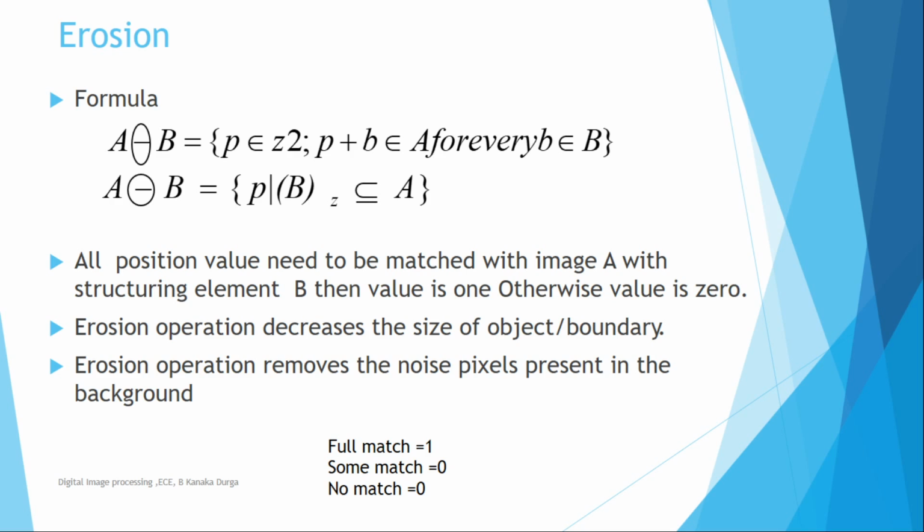So if I apply these operations combined, one after another on the object, it can increase or decrease the size as needed. Normally the noise in the object is removed by dilation, and the noise in the background is removed by erosion. The size of the object is increased by dilation and decreased by erosion. So it will be neutralized.